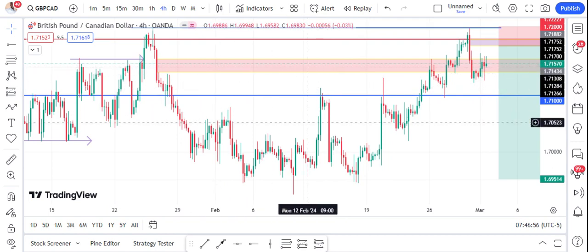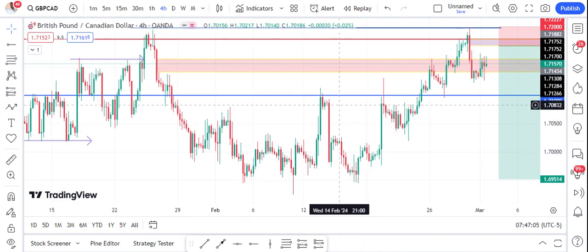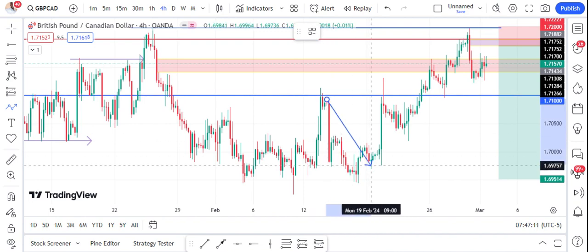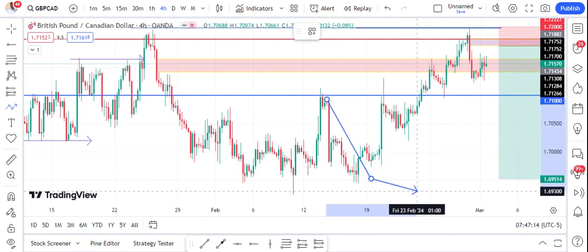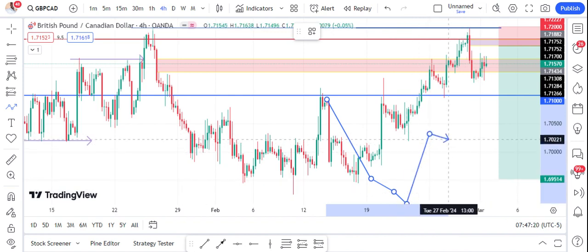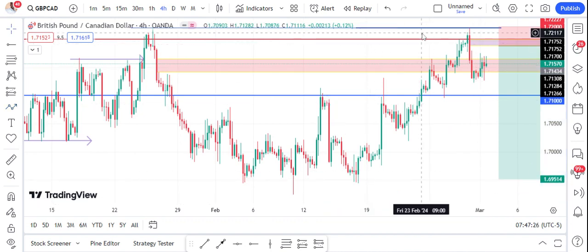If there had not been a fair value gap here, the 1.71 level is where I would have entered a sell from. But because of this fair value gap, I said I don't even care if price continues down from here. I won't care if it breaks all this low. I'll just look out for a re-entry, a retracement, and re-enter the market the following week. But obviously I didn't get in the sell because price didn't give that sell signature. Instead, it traded into my POI and triggered my trade.